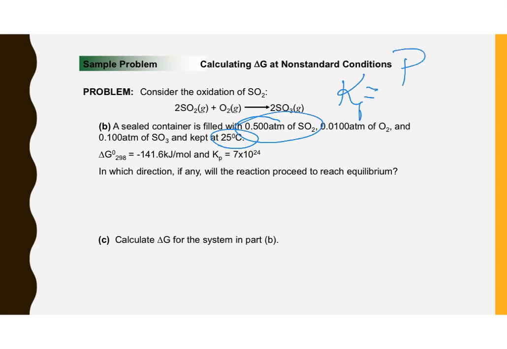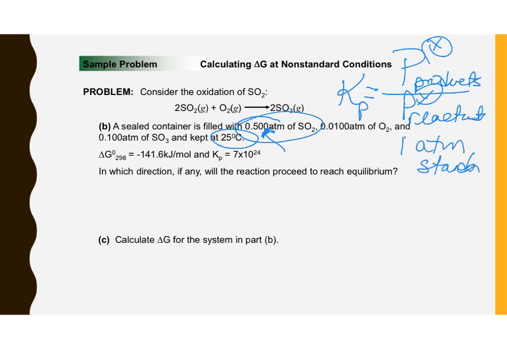If it's in terms of pressure, same thing. You treat pressure like concentration, they're directly related. Pressure products over pressure reactants, and if there's a coefficient in the balanced reaction, that becomes an exponent. Since it's non-standard conditions, because standard conditions would be 1 atmosphere,